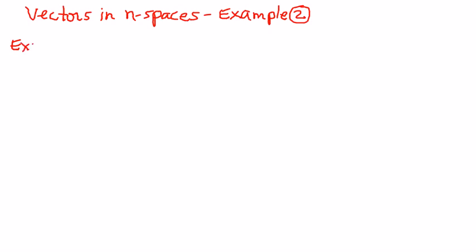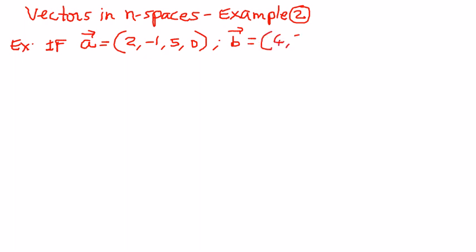If A is a vector and the components of this vector are 2, -1, 5 and 0, and we have another vector B with components 4, 3, 1 and -1, and a third vector C with components -6, 2, 0 and 3, and let these vectors A, B and C be vectors in R4 spaces, then we